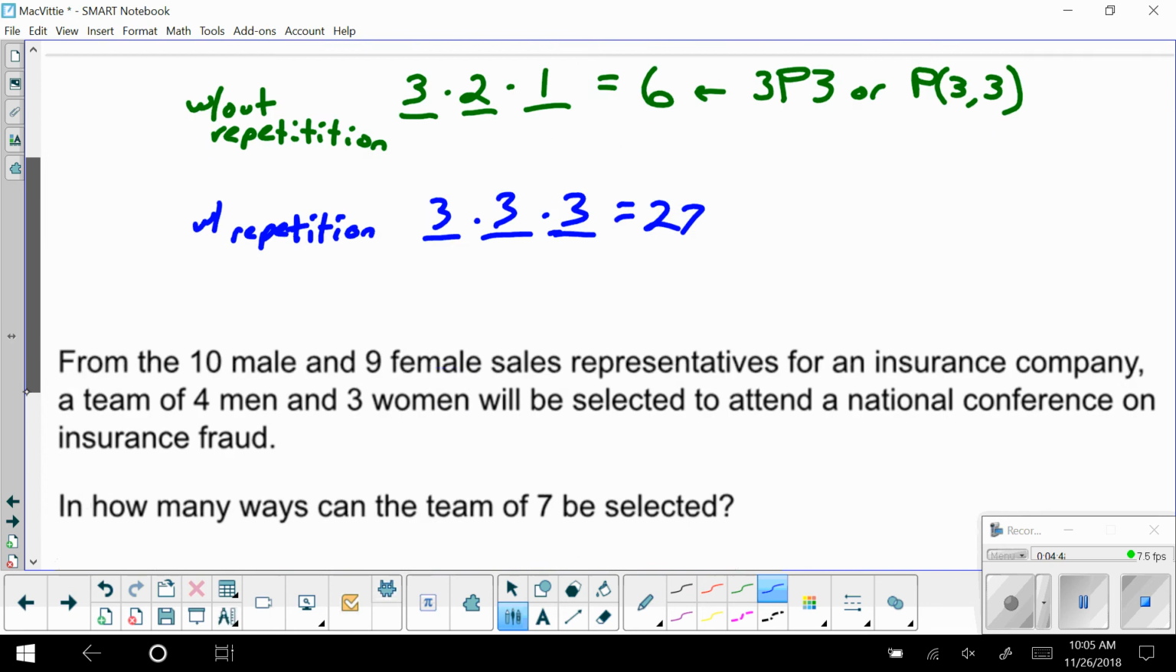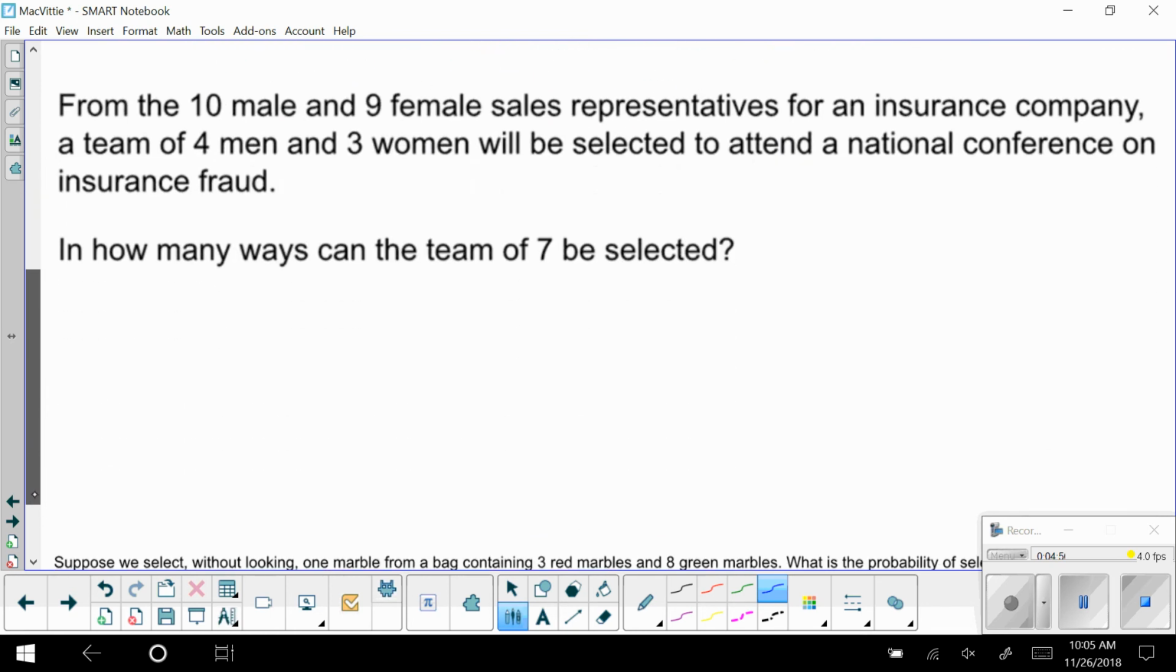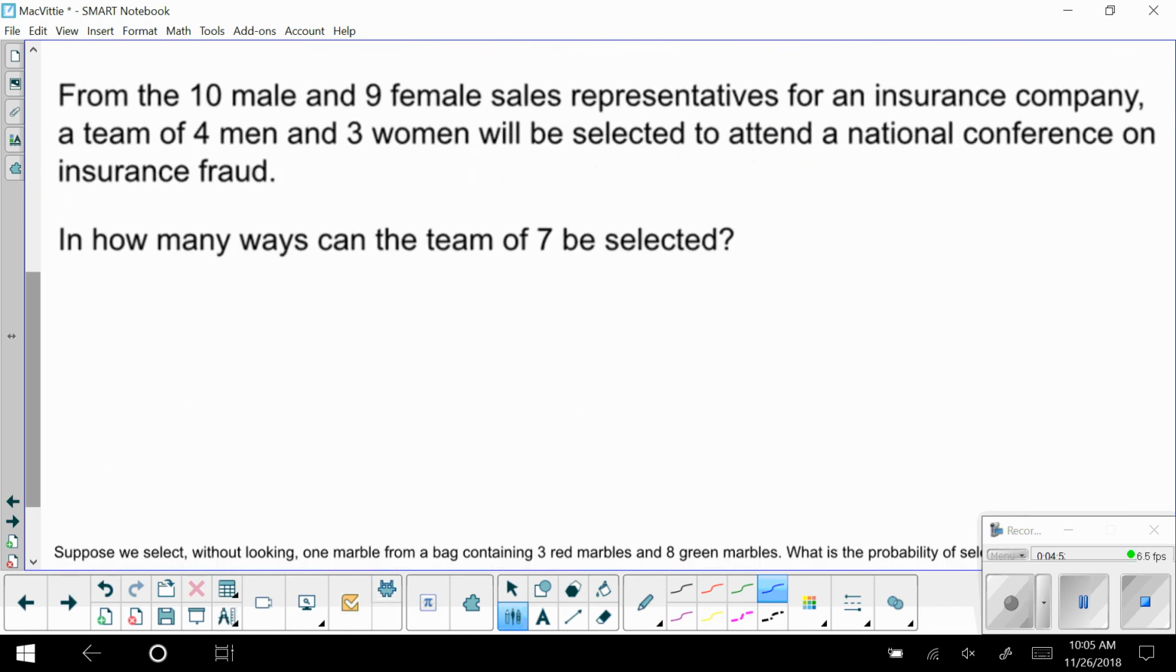But a combination would be, for the example, where you're asked to pick 4 men and 3 women from a total of 10 men and 9 women for sales reps. So in terms of picking the four men, if we focus on that part, it doesn't matter what order we pick the four men. So for the men, that would be where we're doing a combination where we have 10 men and we need to pick four of them,